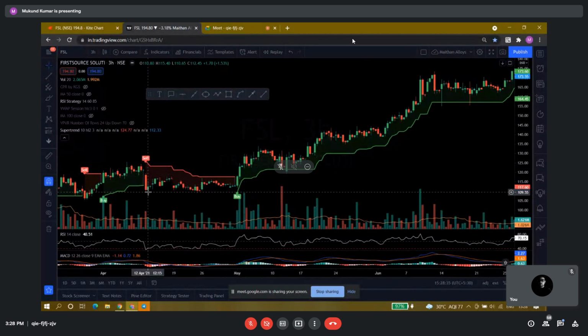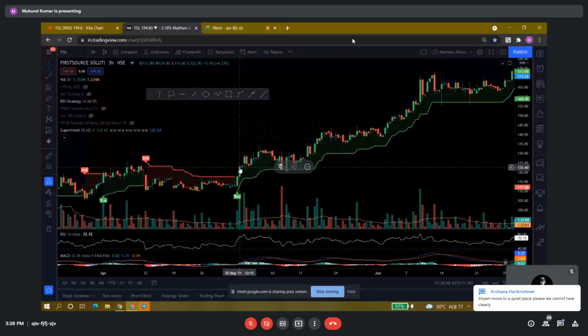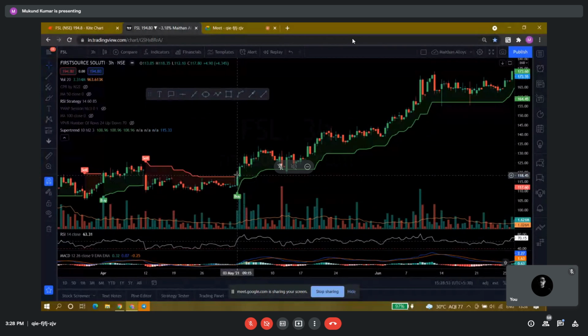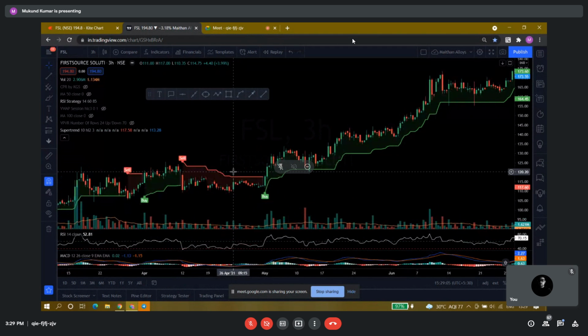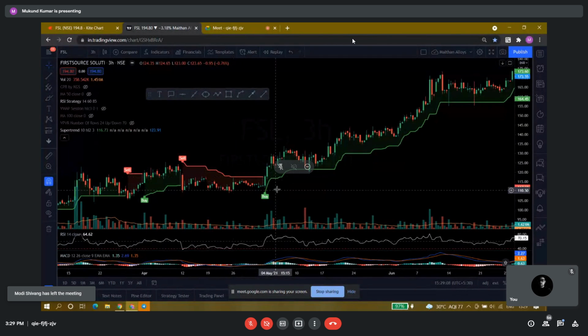The FSL stock is in sideways mode, but you see this green candle, a very beautiful green candle, has formed with a good volume. And the next candle again is a very beautiful green candle with very good volume. This suggests that buyers are accumulating at this particular level. This is a very good signal. It gives you confidence that you can trade this stock at this level. Volume is a very good indicator that boosts your confidence when you initiate or take a trade.